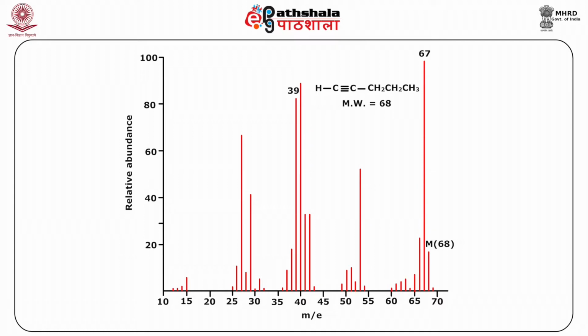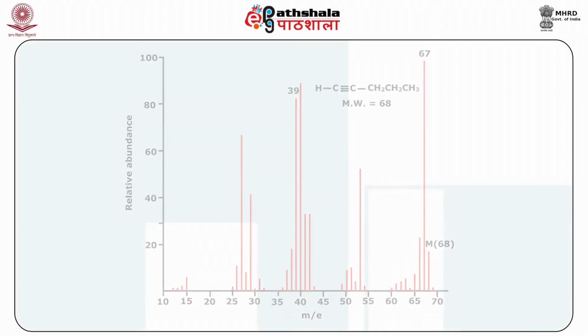Terminal alkyne also undergoes loss of terminal hydrogen to give you an M-1 peak, students, because that hydrogen is very acidic. So, you observe an M-1 peak, as it can be easily removed. The M-1 peak in pentyne appears at an m/z value of 67. Now, you can see an intense molecular ion peak here in the mass spectrum of 1-pentyne as is shown in the figure, followed by the M-1 peak and followed by its fragment peaks.